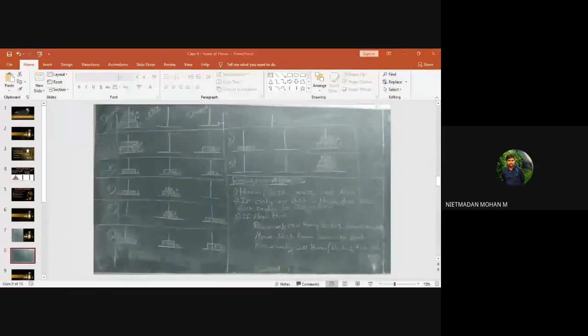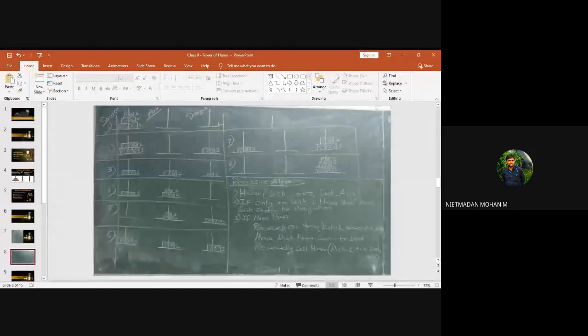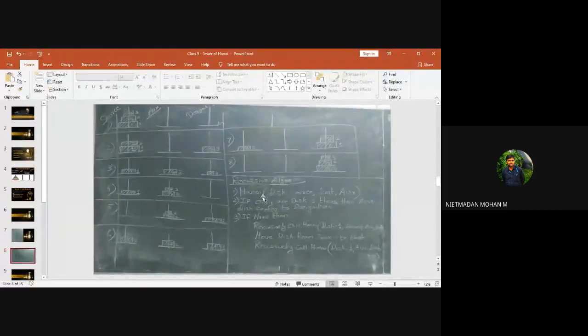So no doubt. Now I will move on to the algorithm. I already told you this is known as a recursive algorithm. You want to mention clearly that this is a recursive algorithm, not a usual algorithm. Some functions are used in this algorithm, so this is called a recursive algorithm. A recursive function is called repeatedly. So a repeated process and a recursive function have been used in this concept.